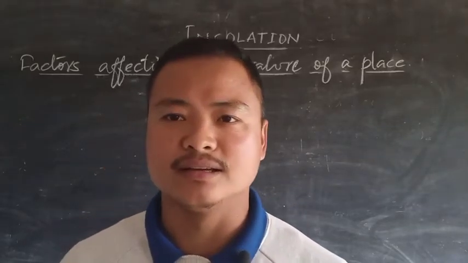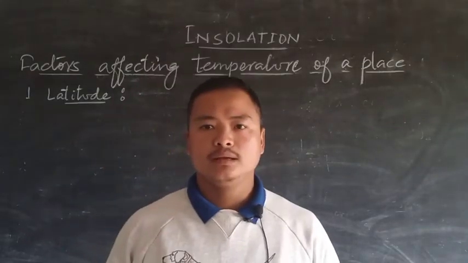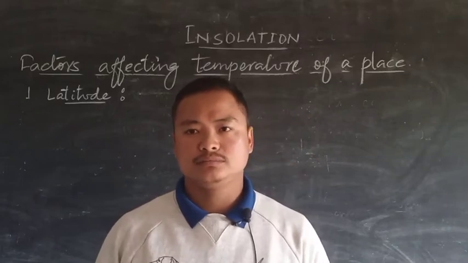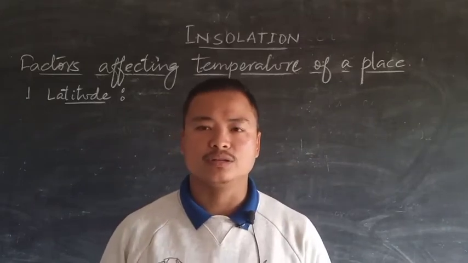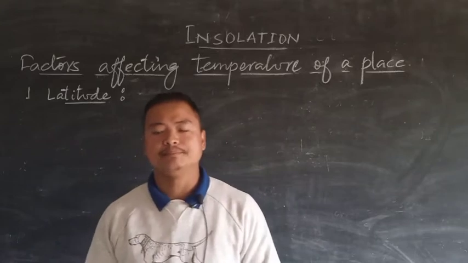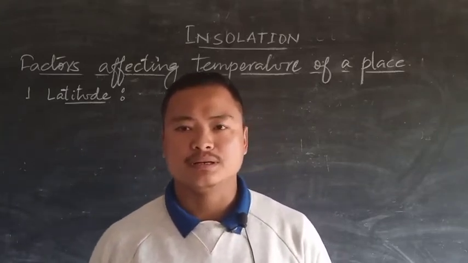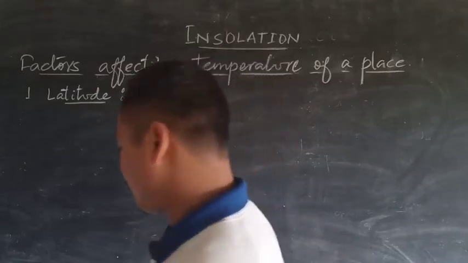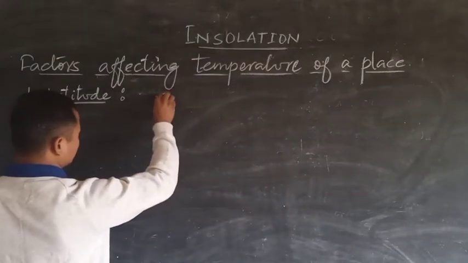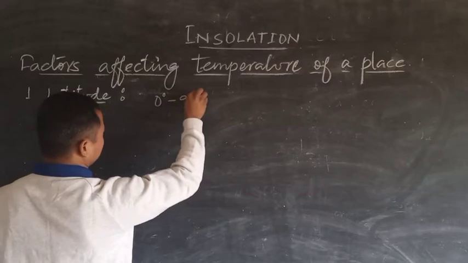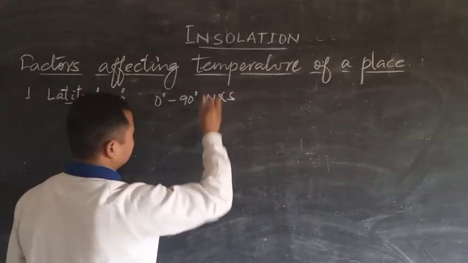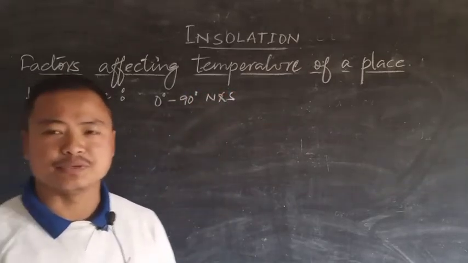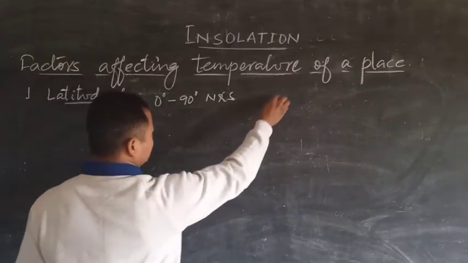So the first factor is latitude. The latitudes that we see on the earth's surface, or in fact on the map, are distributed from 0 to 90 degrees north and south. So you'll find latitudes numbered from 0 degree to 90 degrees north and south. So here in this case, what happens is, if we see the globe,